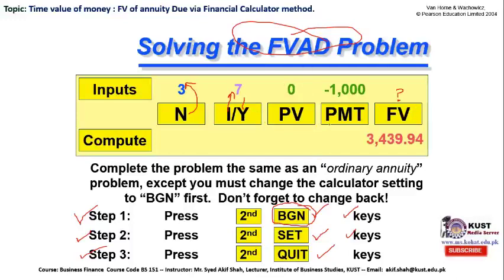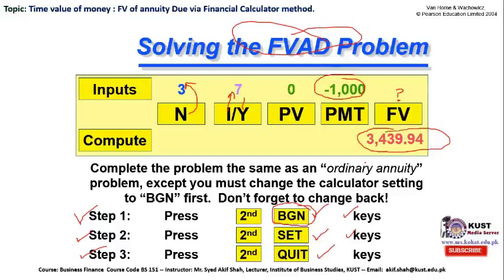This PMT represents the payment. That is, at the start of each period you are required to pay out $1,000. So therefore a minus sign has been mentioned over here, and then you can simply click the enter button and you will get the most precise answer, which is